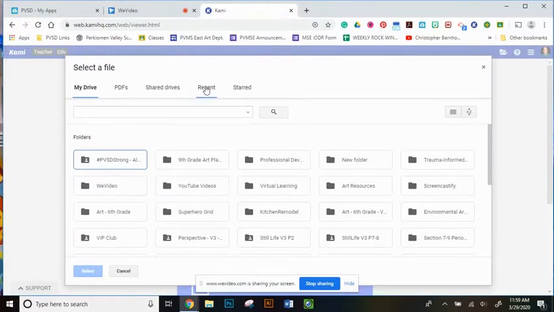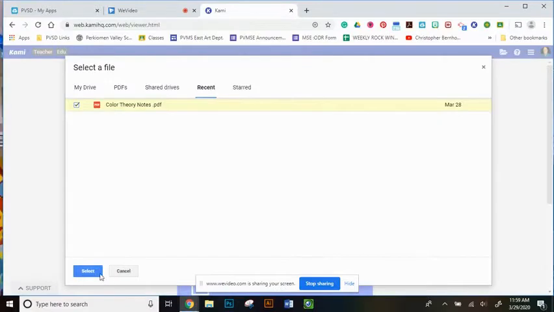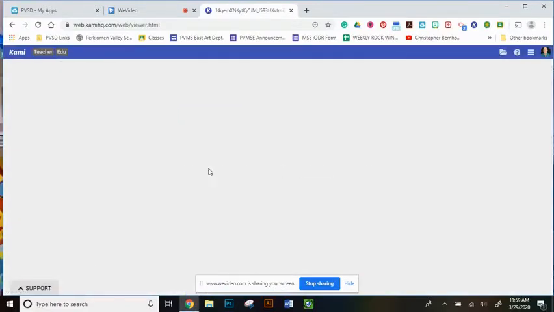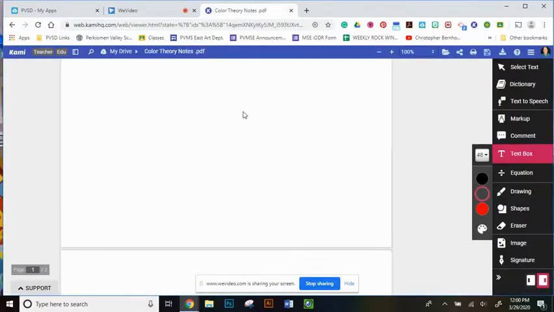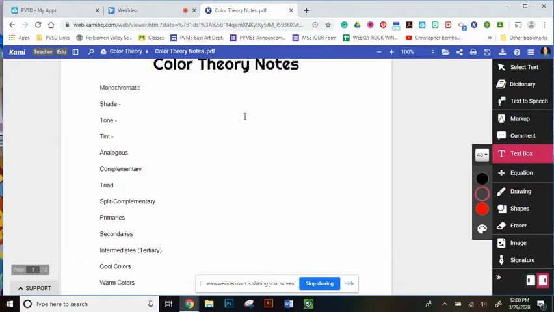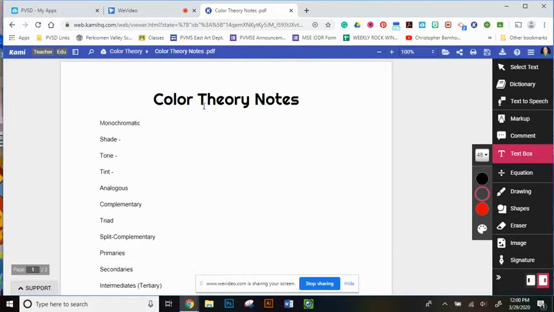And when you go into your, I'm going to click on Recent. I'm going to click on that and select it. And this is going to bring up the PDF that I want you to work on. So these are the color theory notes. When you watch the Google slide presentation, you can fill out your own notes here. You can either print this out onto a printer if you have it, or you can edit right here on